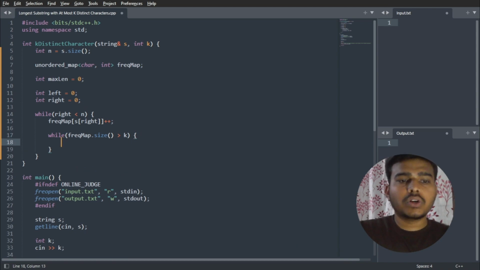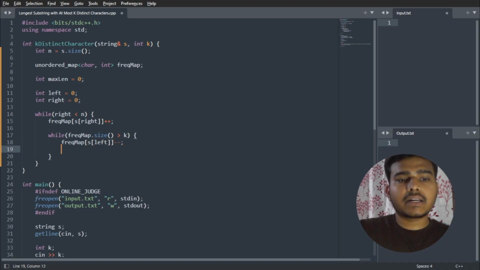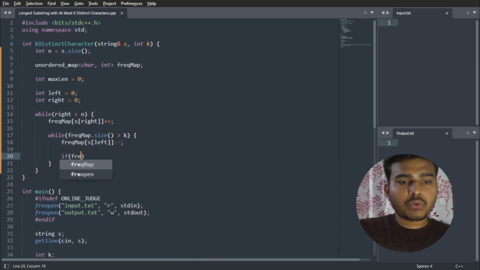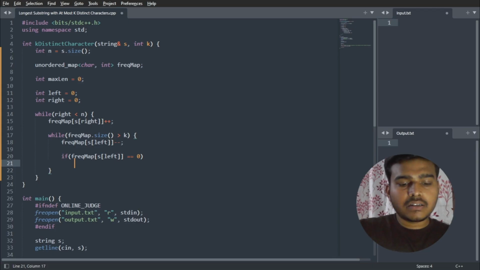We have to shrink the window with the help of the left pointer. So we can just take this frequency map and this s of left. With the help of the left pointer, we will decrement the occurrence of that character, and at the same time we will check if the frequency map of s of left is equal to 0, meaning its frequency is 0, then we can erase